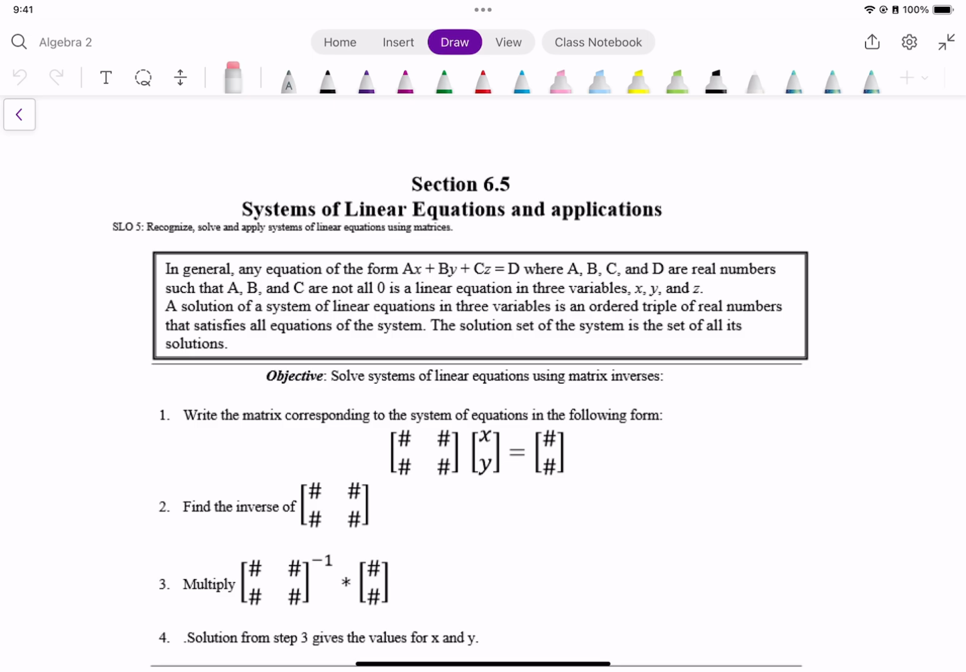Hey guys, let's go ahead and work on 6.5. 6.5 is systems of linear equations and applications. This is probably the quickest section of all of Unit 6. This is all done in the calculator. And this time we're going to work with a different